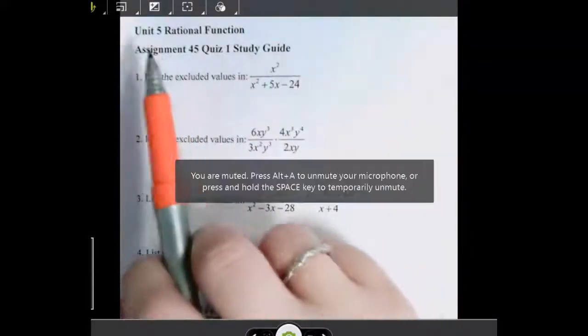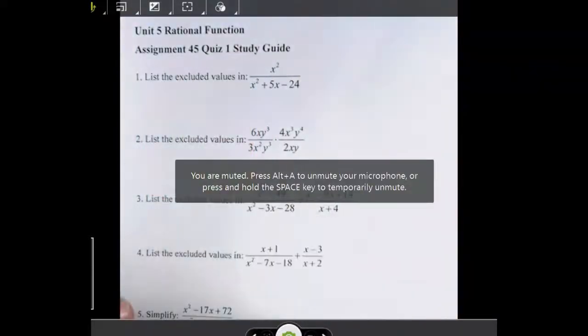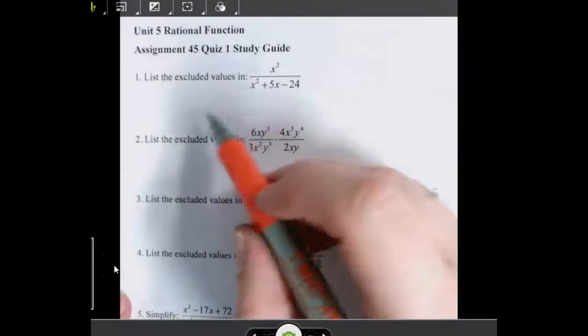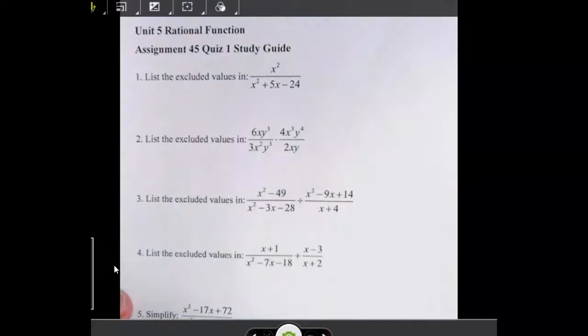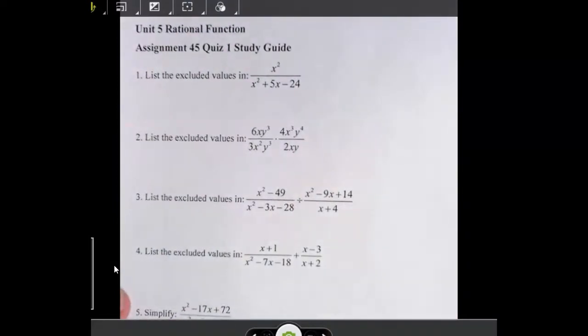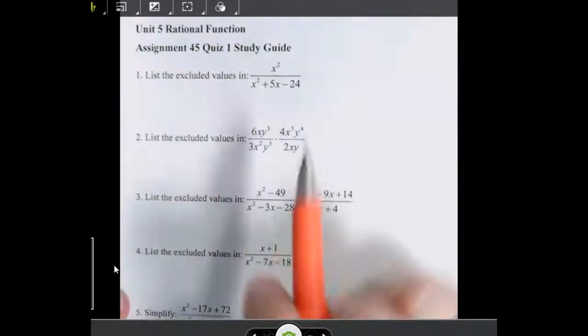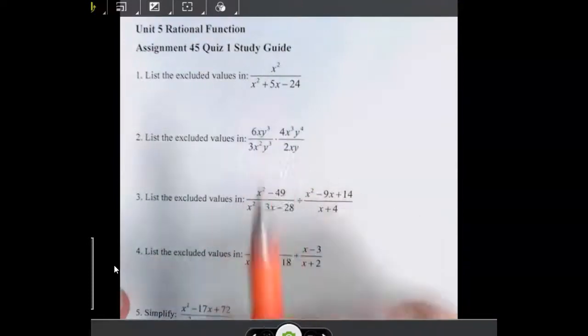This video is going to go through the Unit 5 Quiz 1 study guide. The first few questions are talking about excluded values. So remember, excluded values are x values that would make the denominator equal 0, which is not allowed to happen